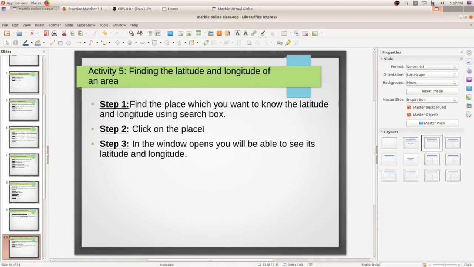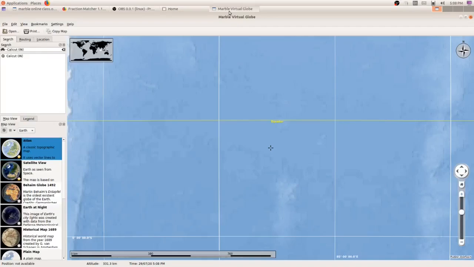And our last activity is finding the latitude and longitude of an area. How to find that I will show, then we will read out these steps.